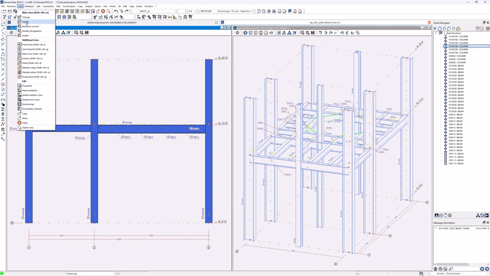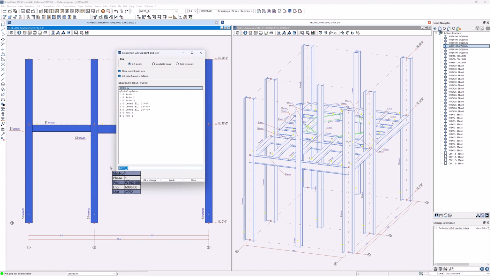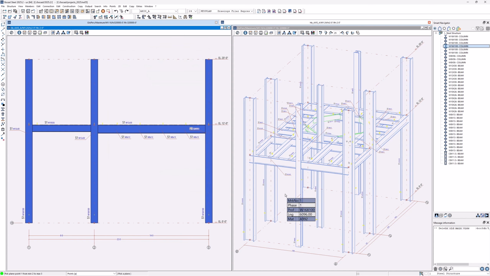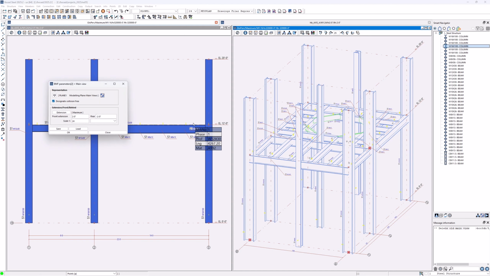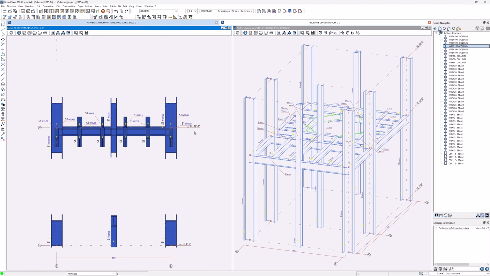Let's do that again. Create. I'll create a slope view. Doesn't make too much sense in this case, but all right. OK plus change. We go 1, bottom left, bottom right, top. You see I'm not going exactly to the top of the grid. That's not necessary. It's only for a direction anyway. Enter to confirm. OK to confirm the settings. Now, I know this looks a little bit weird. This is simply because we have this slope view